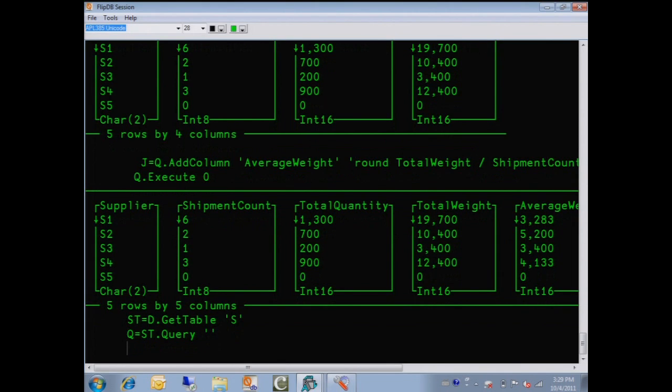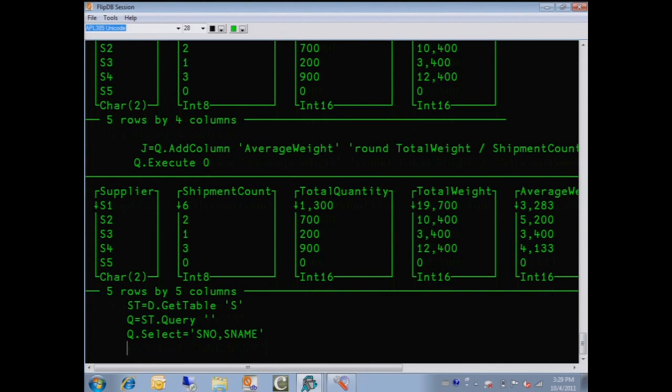I wanted to get the suppliers table for this next example. Remember the suppliers table shows just the suppliers. There's 6 different suppliers. And we're going to get a query that's going to operate on that. And a little select property. Now here